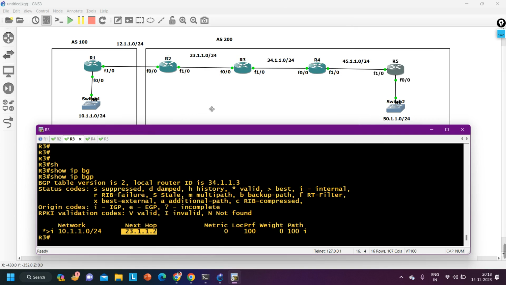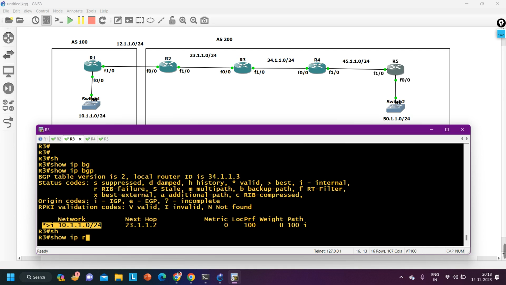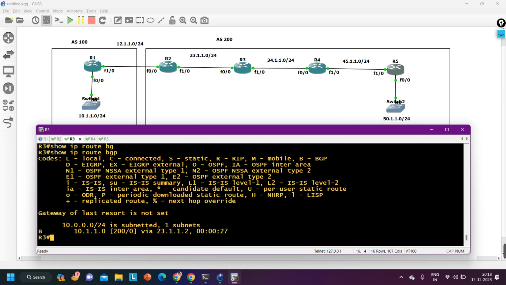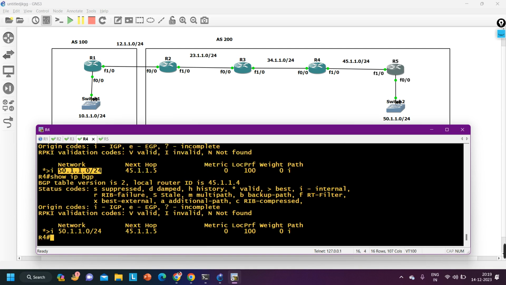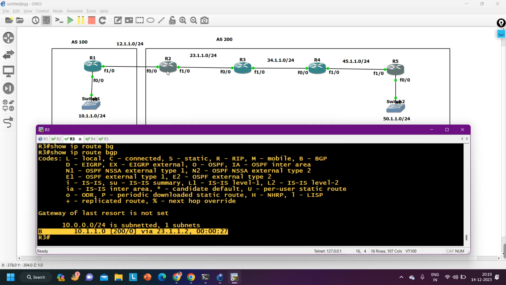So now for R3 this network is valid as well as best, so R3 will install this network in its routing table. Correct, it has installed it in its routing table, and now R3 will advertise it to its other neighbor. Am I right? Will R3 advertise this prefix to R4? No, because R3 is learning this prefix from its IBGP neighbor, so it will not advertise it to another